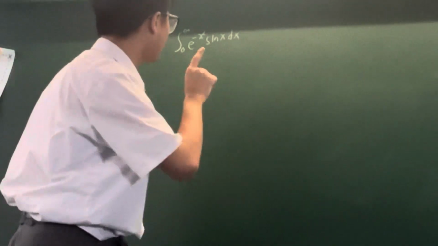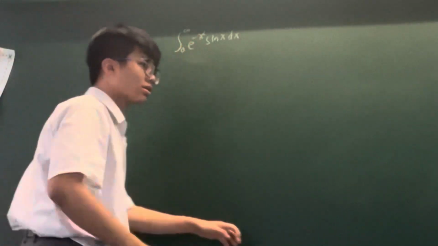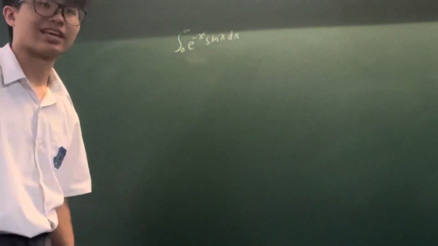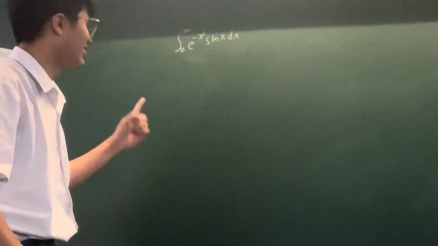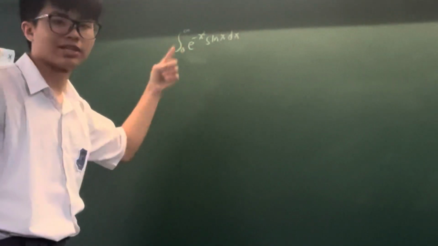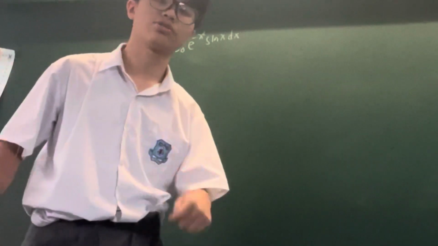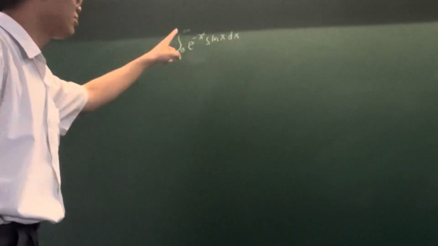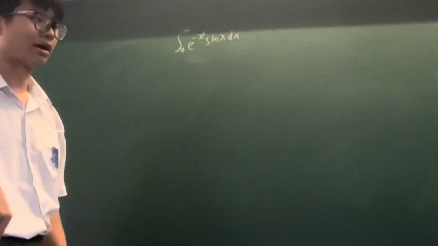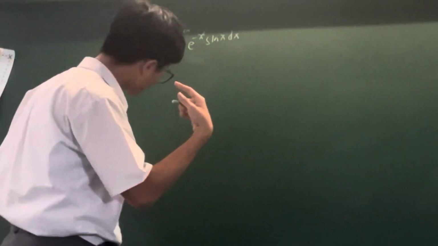We have already done a video about the integral of e to the power of negative x squared times cosine x going from 0 to infinity. You know that result, right? I have already done that integral in my previous video, so we can check it. But this time it is sin x. Last time I did that integral by using the Feynman technique method, but this time I'm going to use the